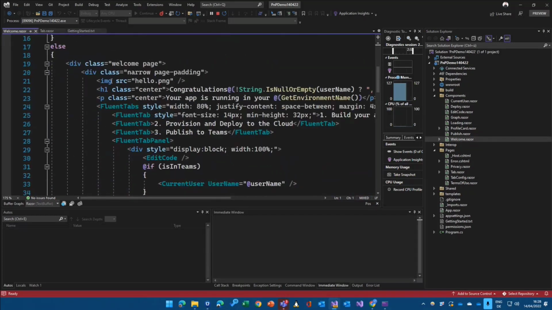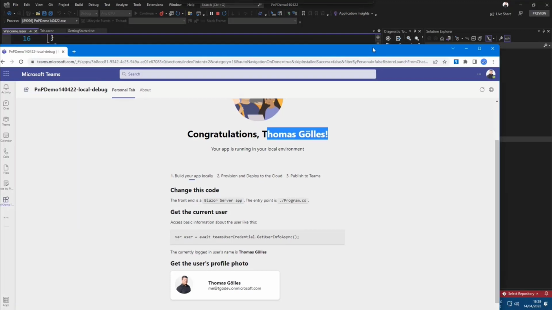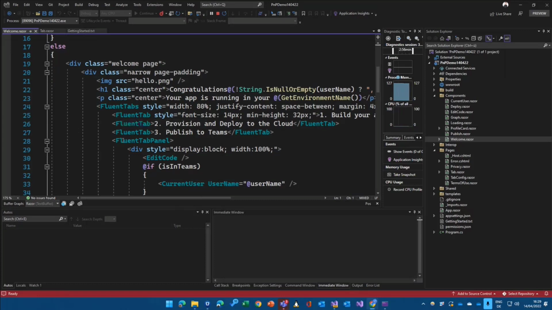And you see here a couple of Fluent tabs because it's already using Microsoft Fast Components, Fluent UI. That's a Blazor wrapper from the Fluent team, and that is available and built in through NuGet packages already in the project. So a couple of examples of how you can also use the Fluent UI already built into the project. Remember, I'm on the screen right now. There are a couple of tabs. It's those things here that are defined in those Fluent tabs here.